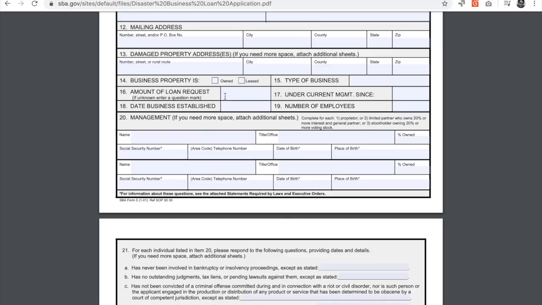You can put in a loan amount if you have an idea of what you want. Otherwise, you can wait until you speak with a loan officer to do this. Okay, so 16 is optional. 17 and 18, you need to put down when the business was established and when you, as the manager, took over. Most of the time, those are the same, but in case they aren't, you need to specify. Number of employees,